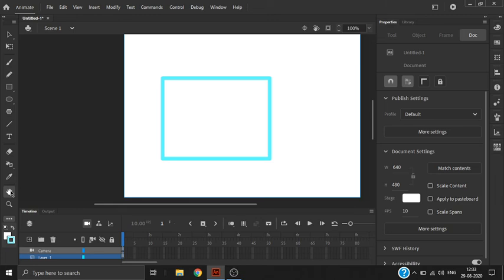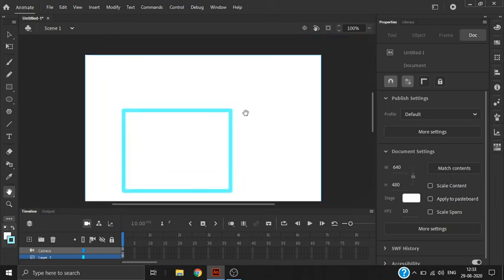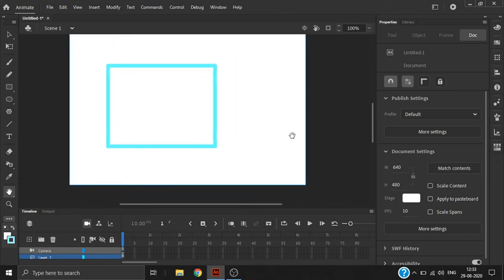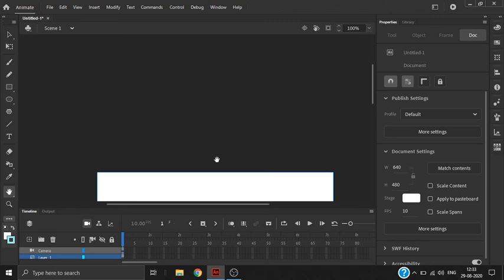And this hand tool will take you to the corners and edges of the stage. If I want to go to the top, like this I can go.